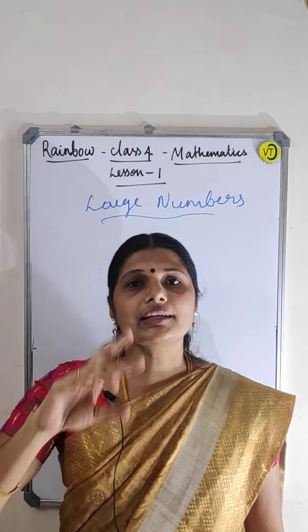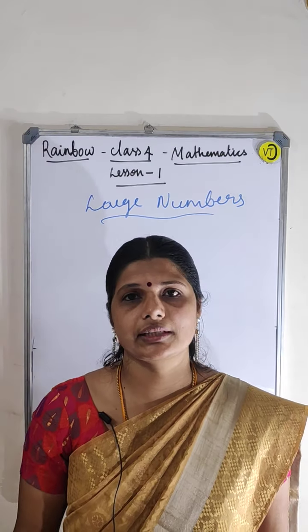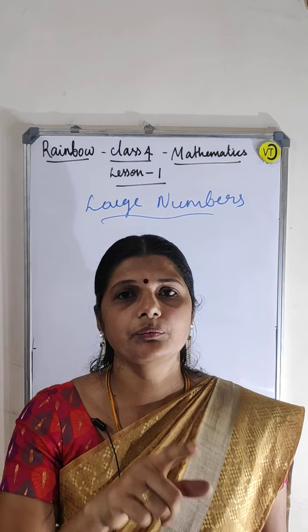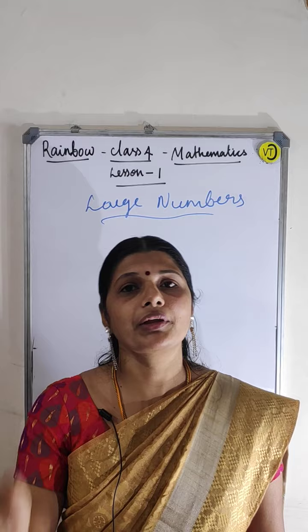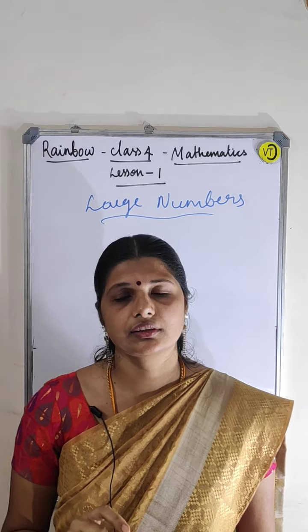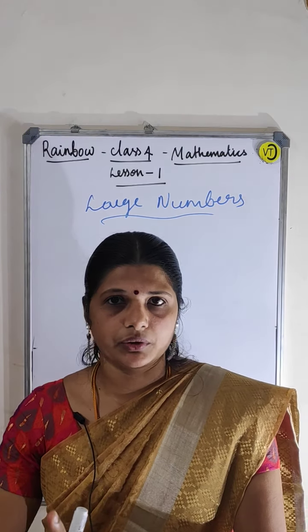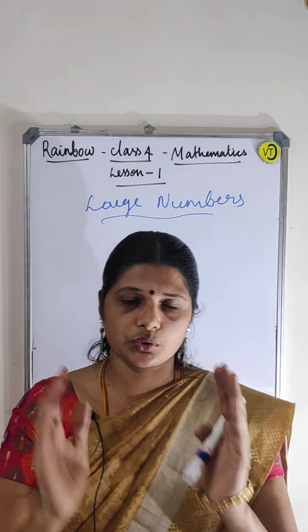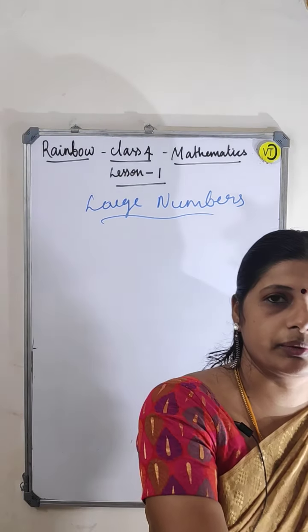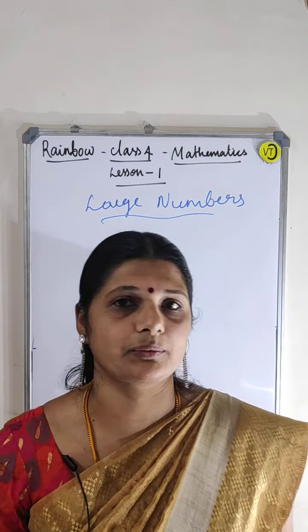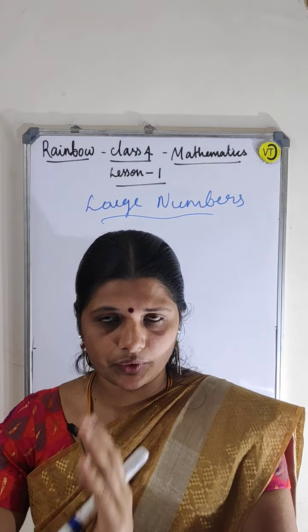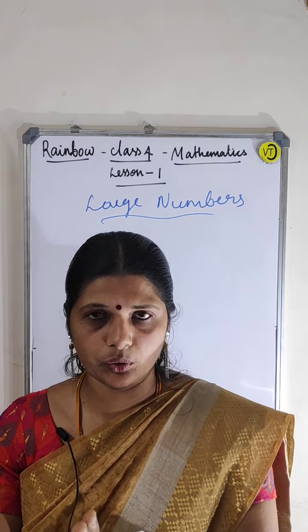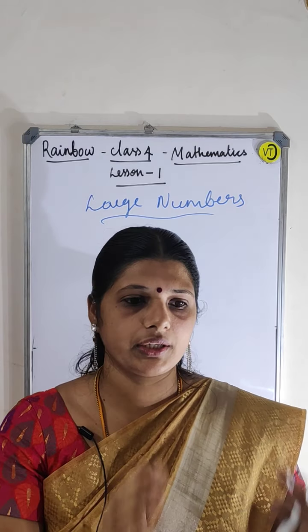Now, in the international system, instead of lakhs they go for millions. Not only that, the periods are also changing here, guys. See, in the Indian system, first 3 digits, ones, tens, hundreds, are one group. The next 2 digits are one group, the next 2 digits are one group.